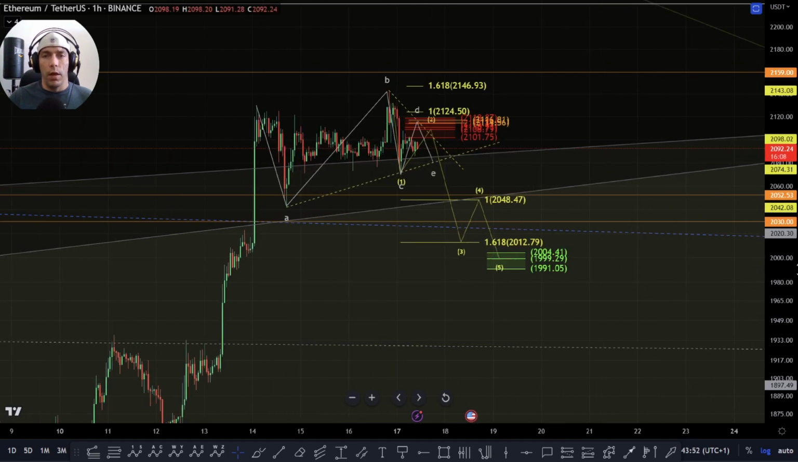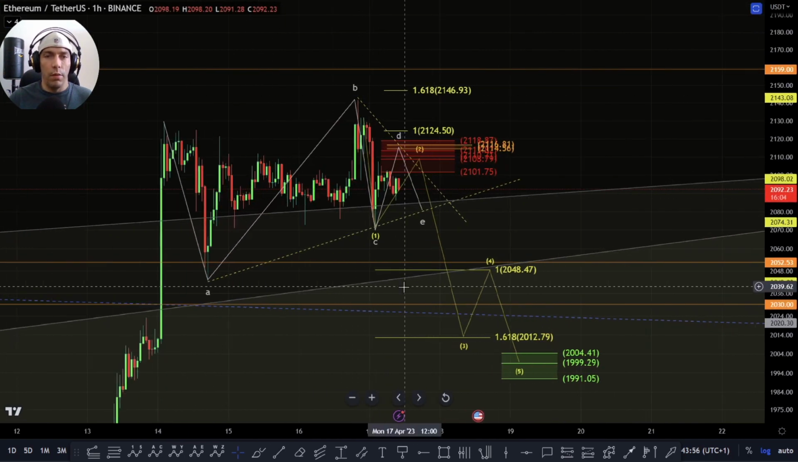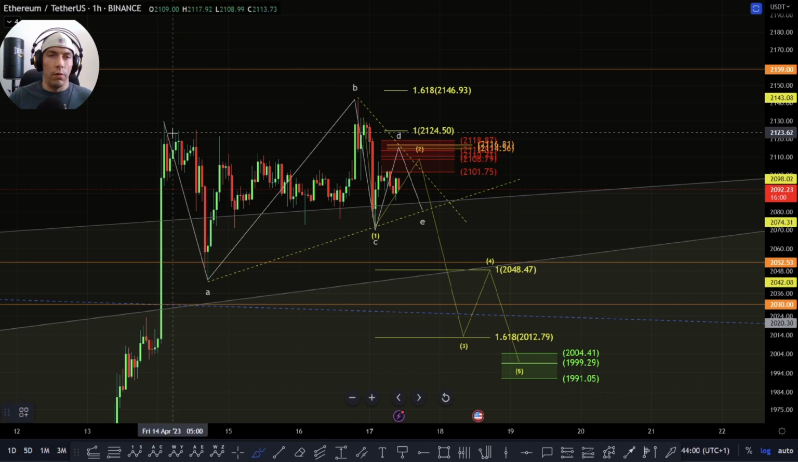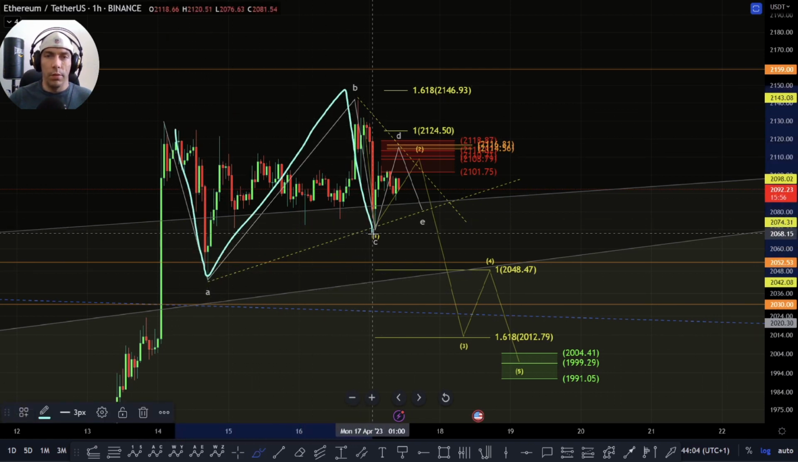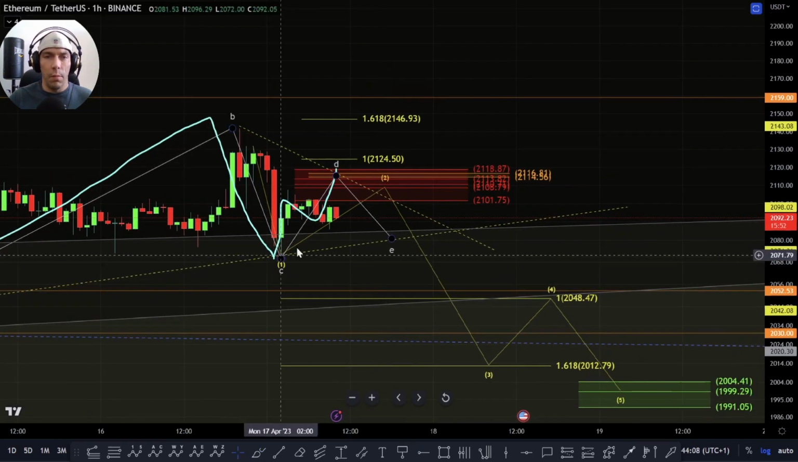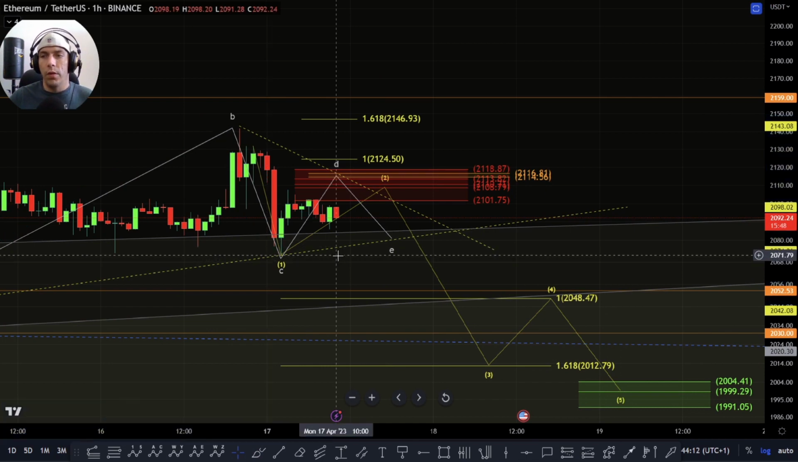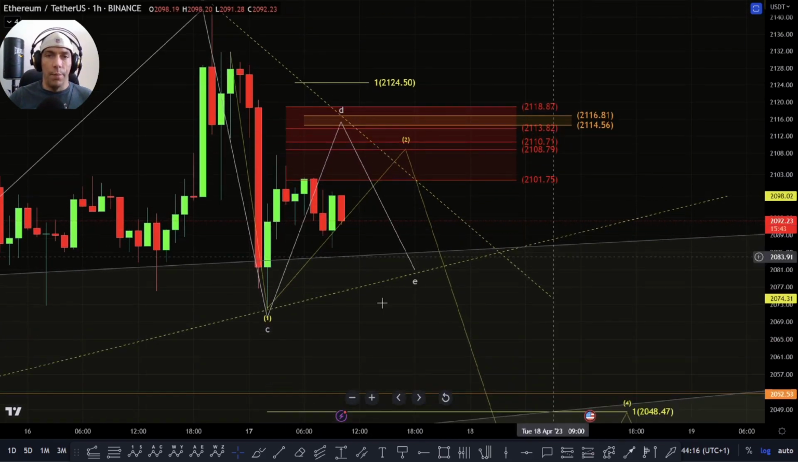Another thing that I've been looking at here is, if we're going to treat this as a B wave, as basically an ABC, what we could actually have here is a running triangle where this becomes A, this becomes B, this becomes C, and if we do get a move like this, where we actually maintain this low of the C wave here at this 2071,